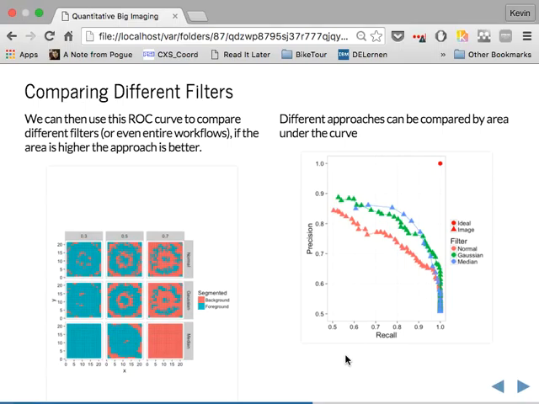So what we'll see is that a lot of times when you perform these filters, you'll get curves where there isn't one that's always on top. You'll get curves that are very different. And so how do you go about comparing them? Well, the usual approach that you take is this area under the curve. And so the curve that has the most area under it is the best classifier,